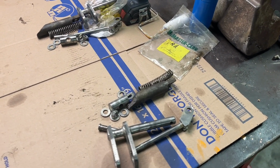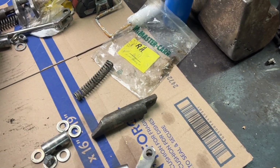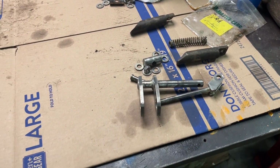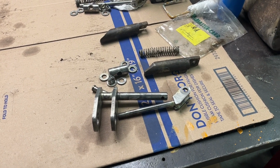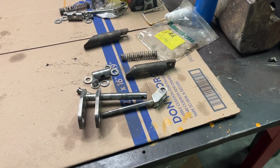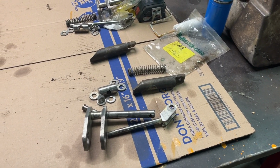I did a little research on replacement parts, and I found that even aftermarket pins, these are 60 bucks a piece. These are like 20 bucks a piece. And I found an entire kit for $140 per side. So I ordered 2 of those, and I'm going to see what the quality is, and I may use just pieces of it. But by the time I bought the parts separately, it just wasn't worth it. So